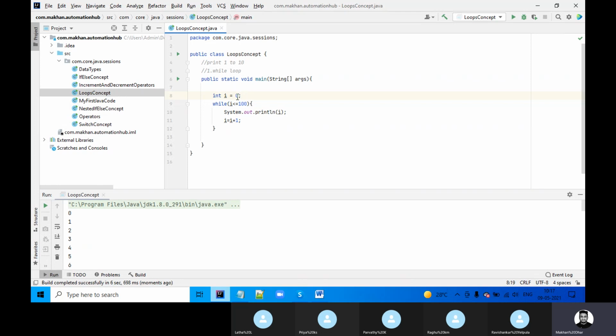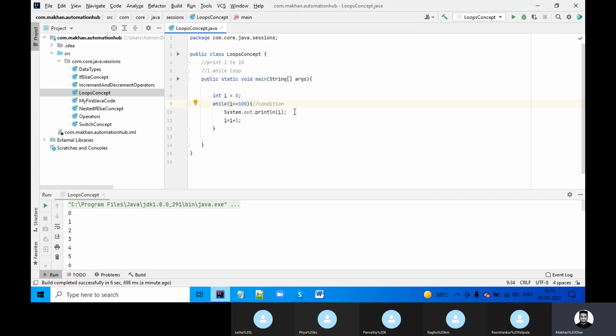Okay. But there is one disadvantage of the while loop statement. What is the disadvantage, I will tell you. Prior to that, I will tell you the syntax. So this is the while, and this is the condition. When I'm giving the condition for I, it should print up to 100.